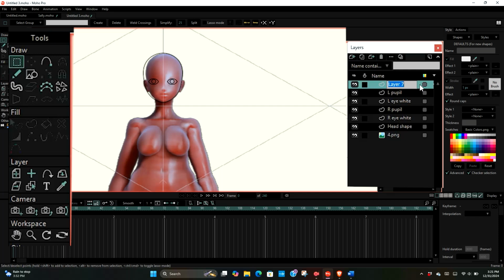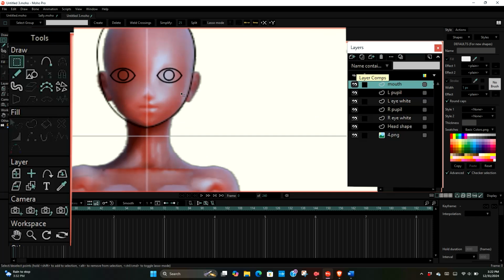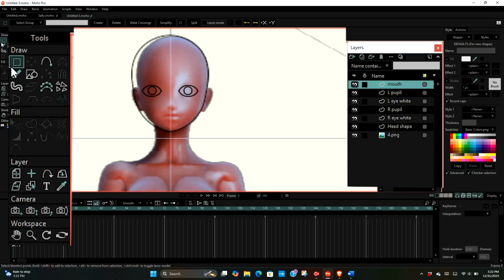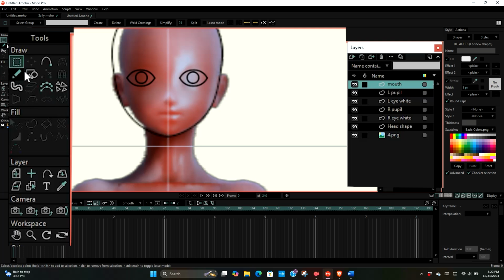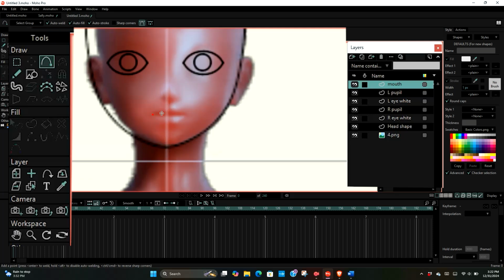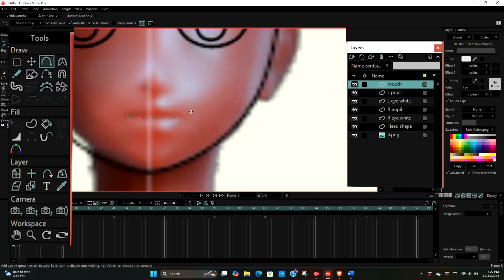Here we'll name it mouth. Okay. Now for the mouth, we're just going to literally draw. We could use the pencil, you could use anything you're comfortable with. But I'm going to use the add point. I just add a point there, I add a point here, and I add a point here, and I click escape to cut